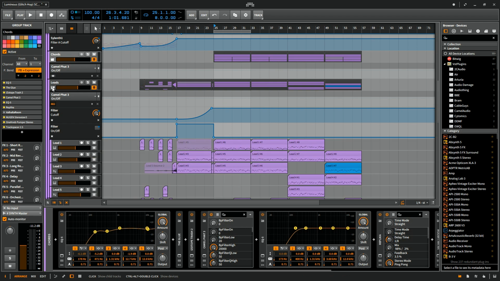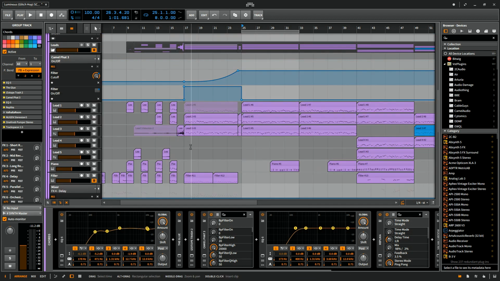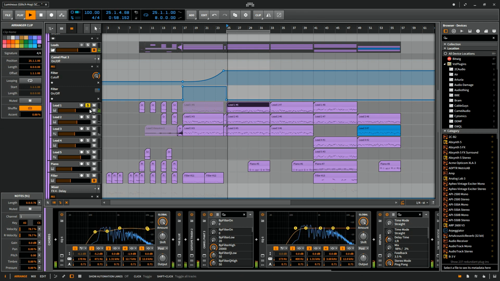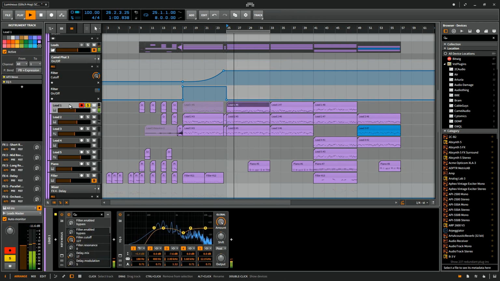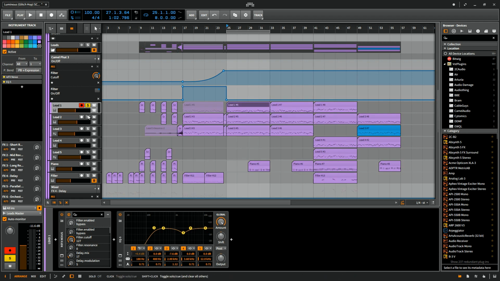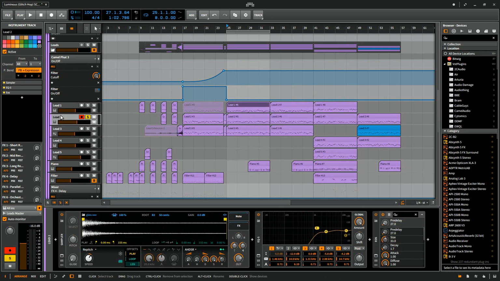Okay, next up, my leads. I have several lead layers here coming in from time to time, layered on top of each other. First one's this here. Just a simple Nexus muted guitar thingy here. Then I took a glass from my kitchen, took a pencil, slammed against the glass, recorded this